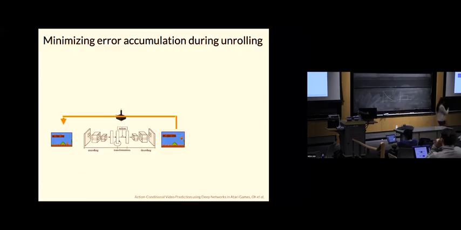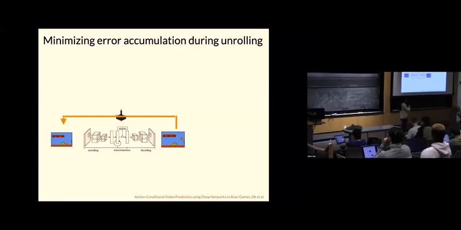Now you can take this prediction, feed it back as input, and predict further into the future. So let's see here. This orange arrow shows that whatever you predict, you can feed it back and predict again, and so on and so forth. And by the way, this frame that you feed doesn't need to be a single frame. You can take 4 frames, then you throw away the first, stack the last, and continue.